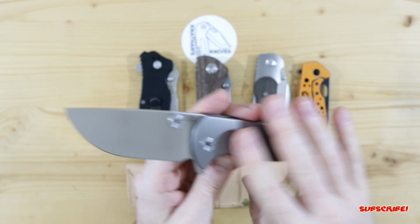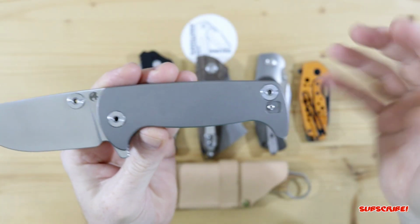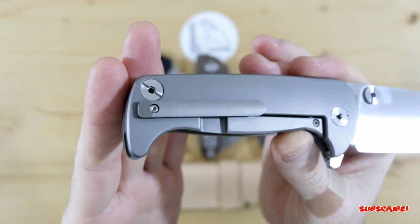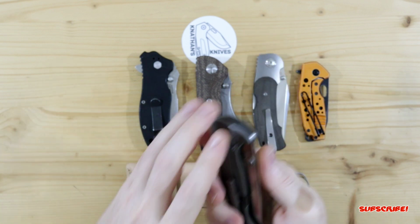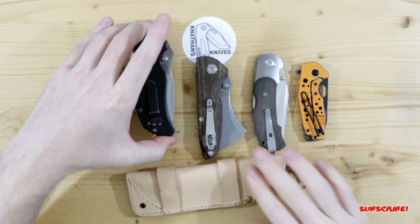And the idea I have for this is to create a custom show side scale. Right now I'm thinking fat carbon. If not G-Carta, I'll figure something out. And then a custom pocket clip. Not that there's an issue with it. It's just I want to do something cool with it. Definitely going to etch in stone and wash the blade. But awesome knife. And then this is my brother-in-law's